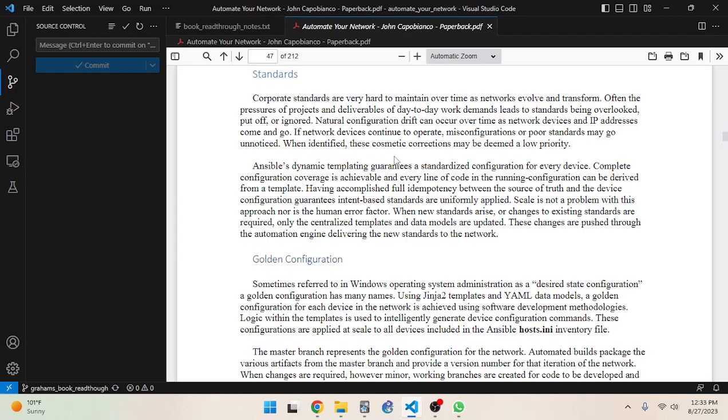So often the pressures of projects and deliverables and day-to-day work demands lead to standards being overlooked, put off, or ignored. And again, none of this is malicious. If they have a standard that makes zero sense, and your job is to apply that standard to the network, you sometimes have to make a trade-off.